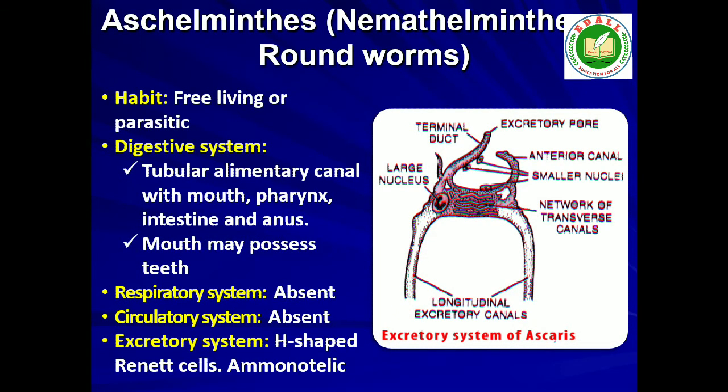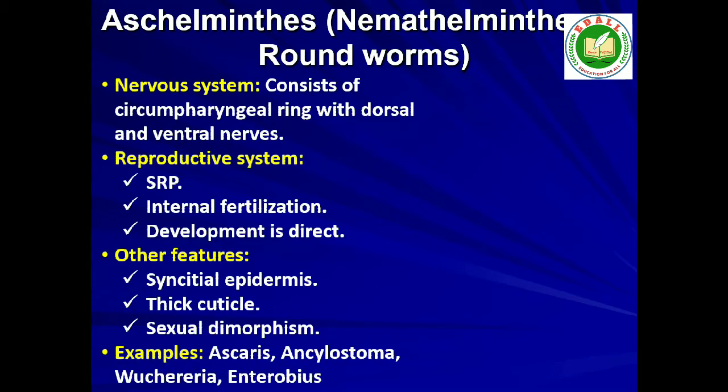An excretory tube removes body wastes from the body cavity through the excretory pore. Sexes are separate, dioecious, that is, males and females are distinct. Often females are longer than males. Fertilization is internal and development may be direct, the young ones resemble the adult, or indirect. Examples: Ascaris, also called roundworm, Wuchereria, also called filaria worm, Ancylostoma, also called hookworm.